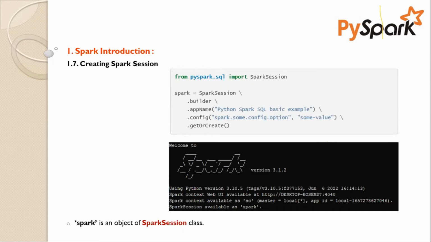You can name it whatever you want, but as standard practice it is highly recommended to use only spark so that it won't create any confusion. When you debug or somebody comes and sees your code, or to maintain some standard of code writing, people use the spark word as the spark object when they explicitly create it from SparkSession.